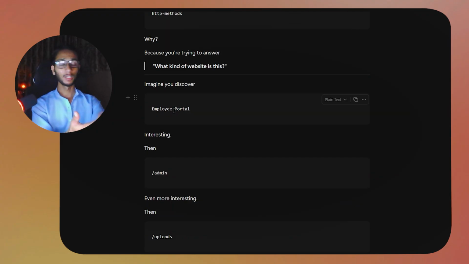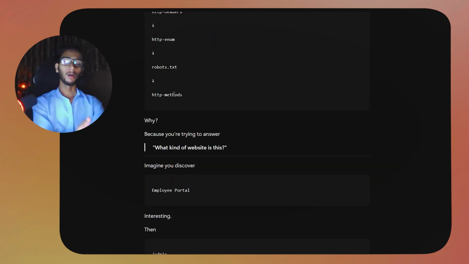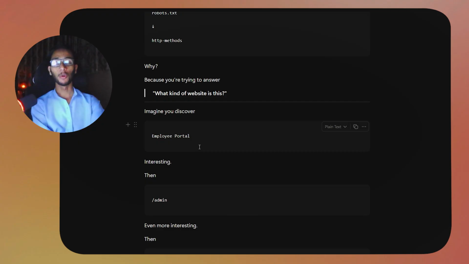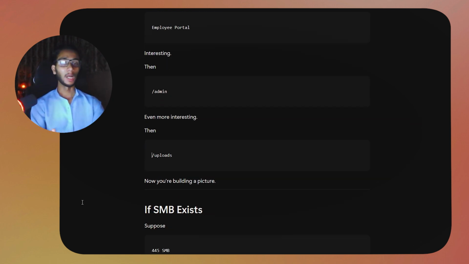Maybe when executing the script we find an employee portal where the employees enter their credentials, for example admin, or maybe we find an upload page where employees upload files and pictures,